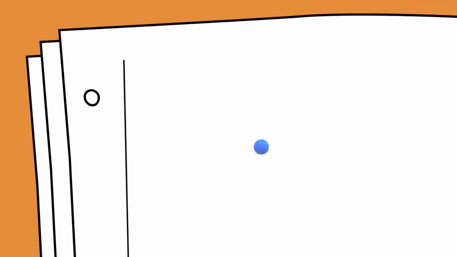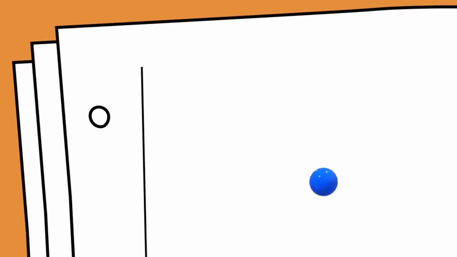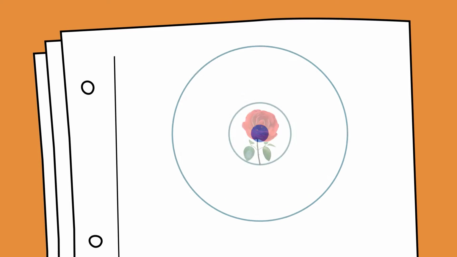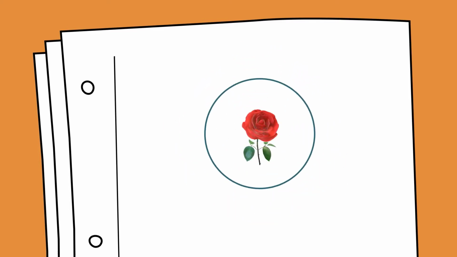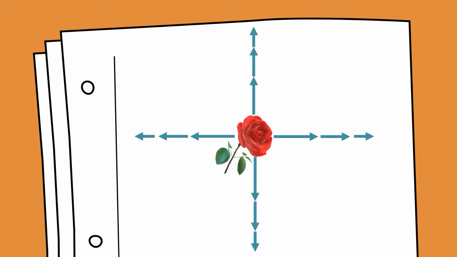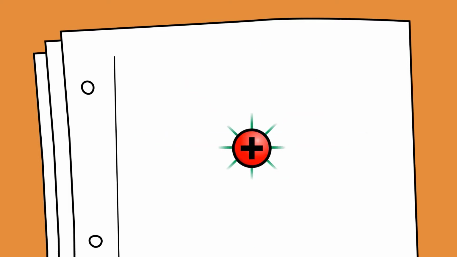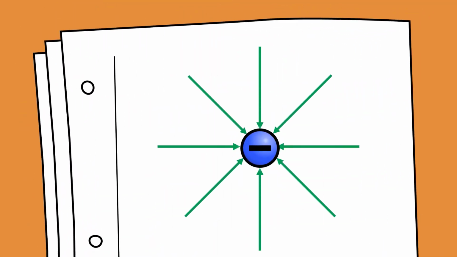Let us consider a point charge Q placed in vacuum. This charge Q produces an electric field everywhere in its surrounding, like the smell of a flower spread in its surrounding. The magnitude of the smell decreases as the distance increases from the flower. Similarly, the magnitude of the electric field decreases as the distance increases from the point charge. The direction of the electric field is radially outward from the positive point charge and points towards a negative point charge.